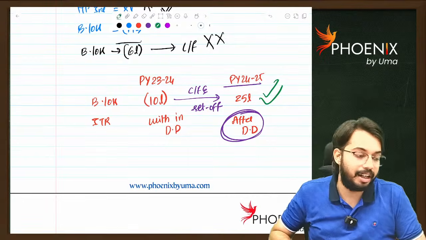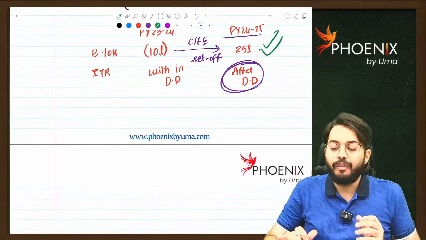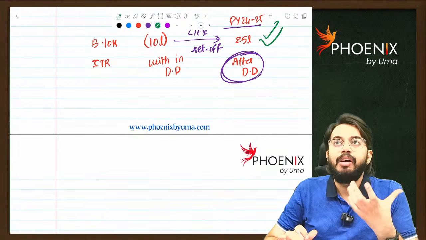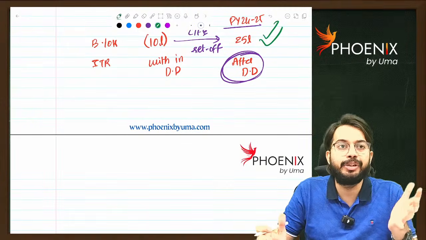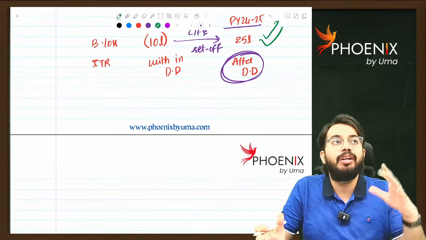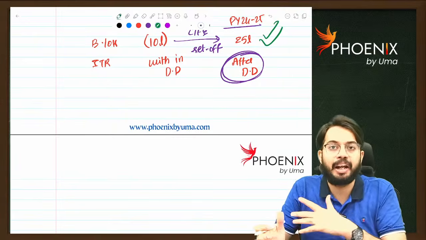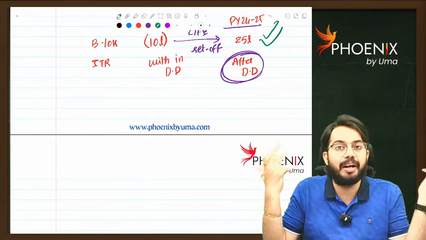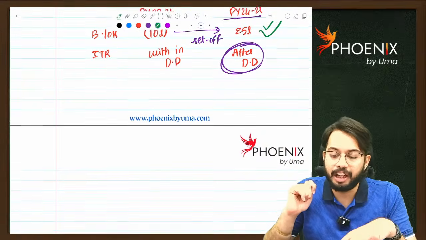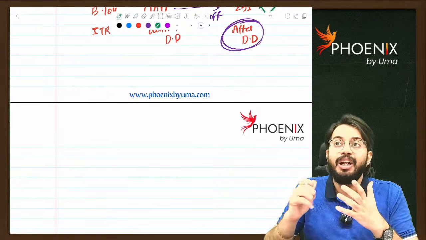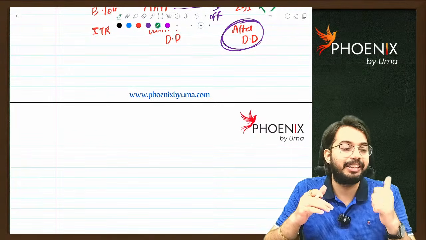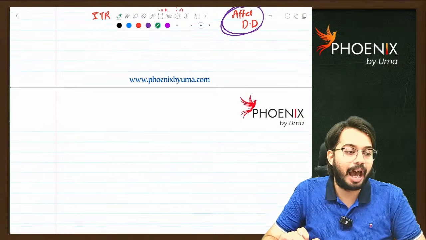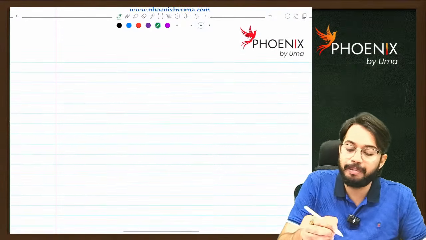Are you able to understand? Sir, due to unfortunate scenarios, like health or medical issues, or a fire in the factory where all books of accounts were burnt, we could not file ITR within the due date, but there are losses. Now, after the due date also, can you carry forward these losses? Yes, after the due date also, you can carry forward these losses. Are you able to understand?